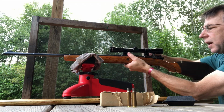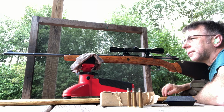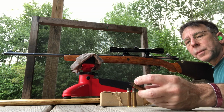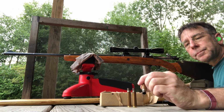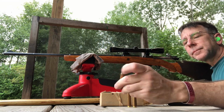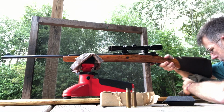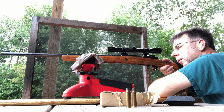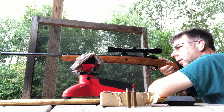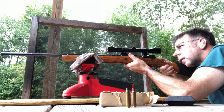I don't have a call on that one, and I'm not going to worry about it. Let's see how this ejects. Not bad, not bad. Yeah, once again, there's nothing to be concerned about with the brass at all. A little bit of a carbon ring around the front. Smells kind of coaly. That one broke pretty clean. Don't know if it was a good shot or not, but